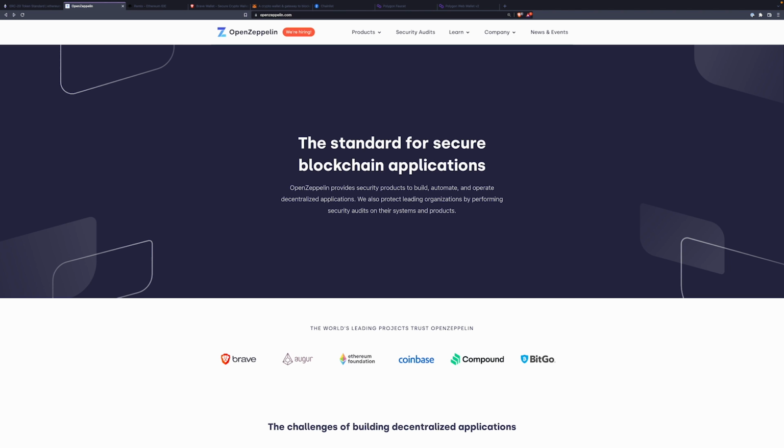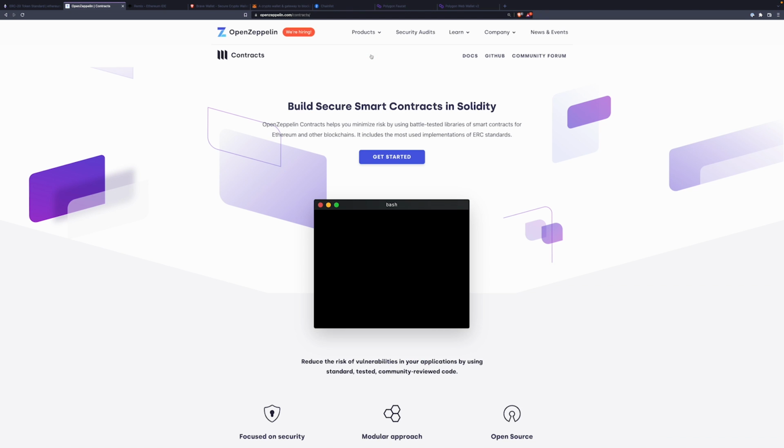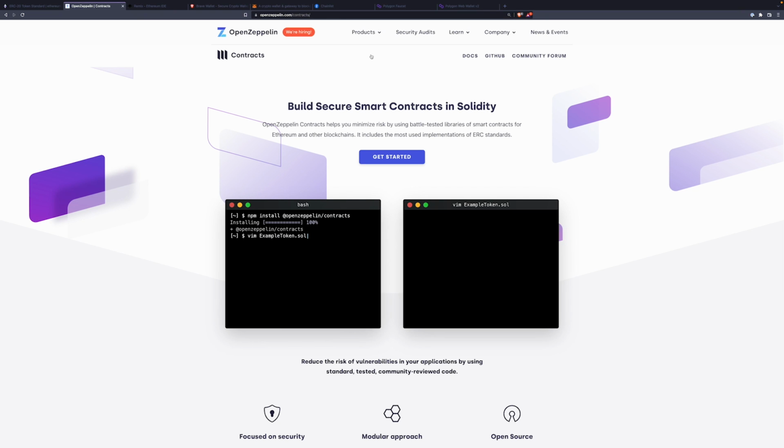In this tutorial, we'll be using OpenZeppelin contracts. The reason is OpenZeppelin contracts are a set of contracts that are audited and battle tested. It's a great place to start when you're doing something like creating an ERC-20 token. If you head to OpenZeppelin.com and look at their products, you can find their contracts. This getting started is about installing them locally. We don't need to do that as we will be using Remix, an online IDE that will import the contracts for us. However, if you click on Getting Started,